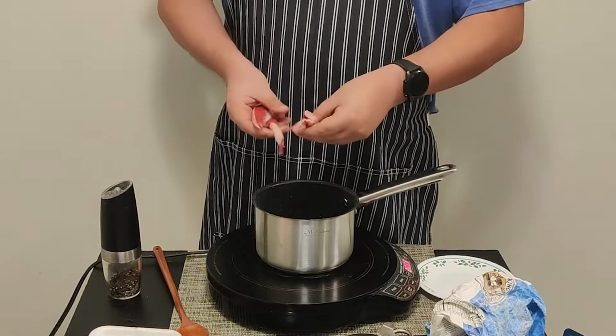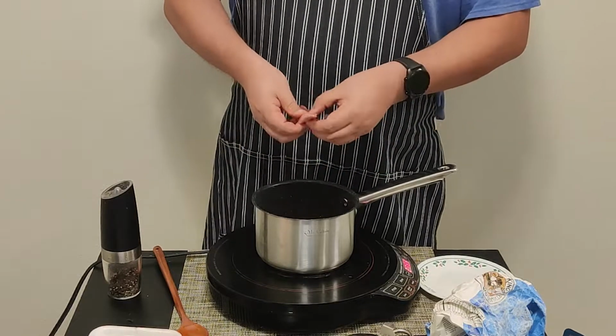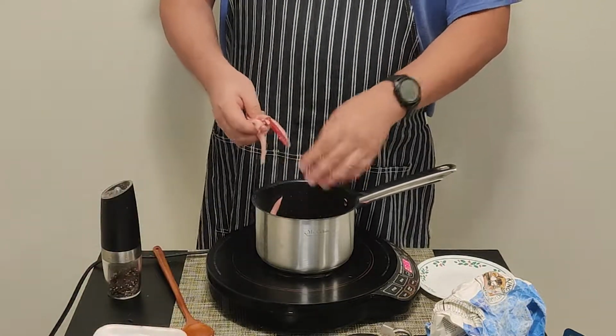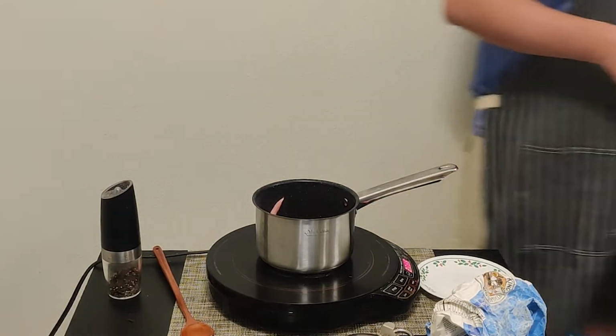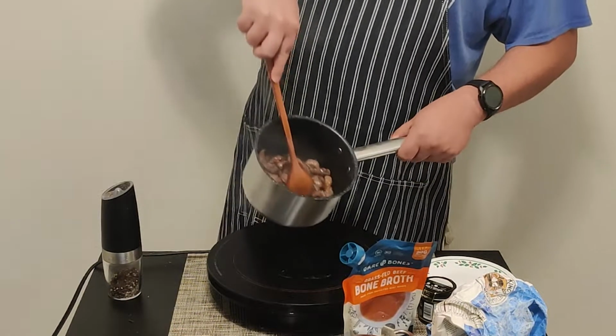Now we're going to make the roux. So we're going to chop up that thick layer of fat from the top of the Picanha Roast, put it in a saucepan, and we're going to pretty much fry it in its own fat. The beef fat's going to release, the little tiny bits of meat are going to flavor, and when you see a nice little bit of browning there and a nice little bit of fat at the bottom,